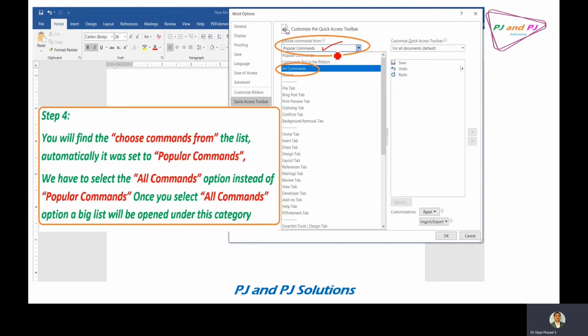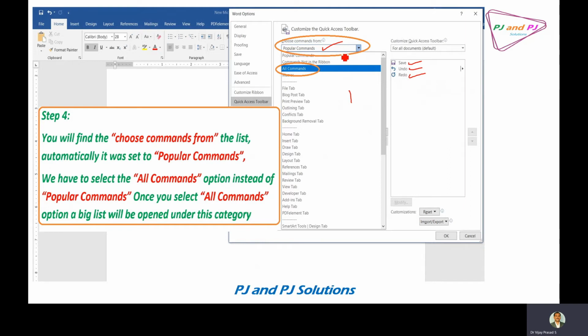These are the popular commands we use in Word, already set by Microsoft Word: save, undo, and redo. These are used very frequently by all people. Some hidden commands are also there. The hidden commands as well as the popular commands are all in this list. The commands we are going to enable will come into this box.